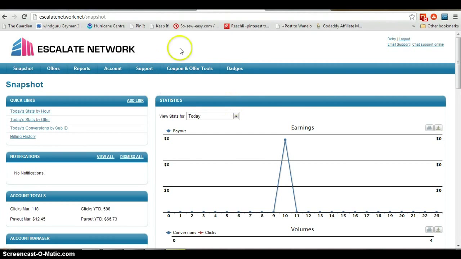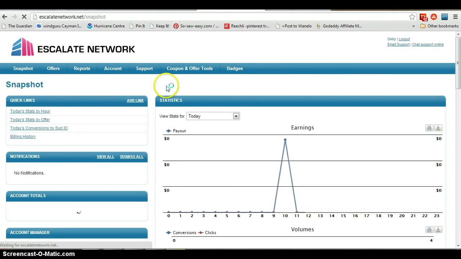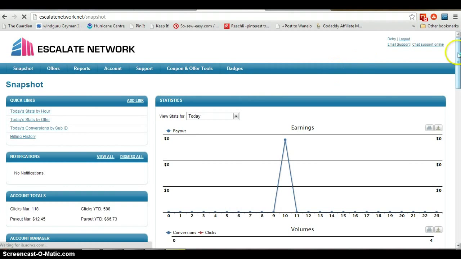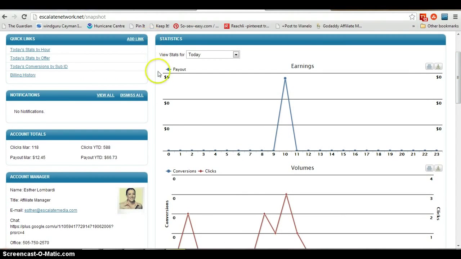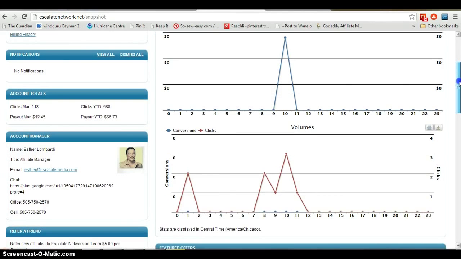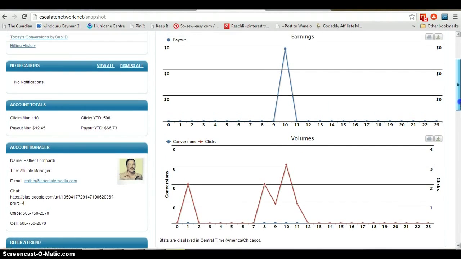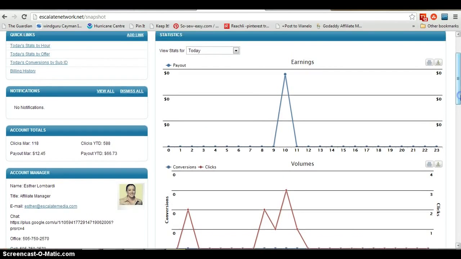So first of all, if you go to Escalate, automatically you'll come up with your snapshot here. And your snapshot is going to show a statistics report, and this will be up at the top here, the amount of payouts. So today I've had a massive 14 cents, and if you look a little underneath, it will also show you the number of clicks that you've had and the number of conversions. So it will default to show you this by today, but we can also, for example, show everything from last month,